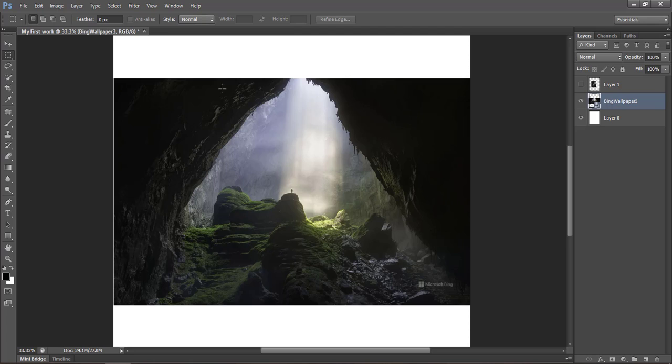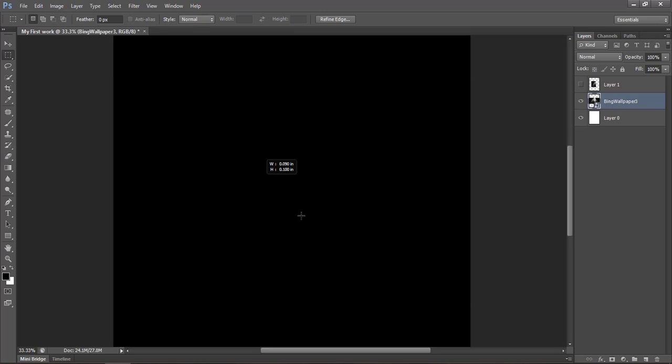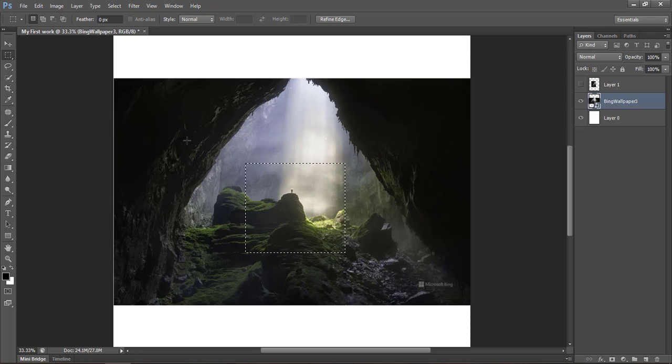So you can see some properties of the rectangular marquee tool at the top bar. Basically, the first is for the main selections, and the second is Add to Selection. When I select an object and then want to add another area, the first area disappears. I do not want the first selection to disappear, so I just click